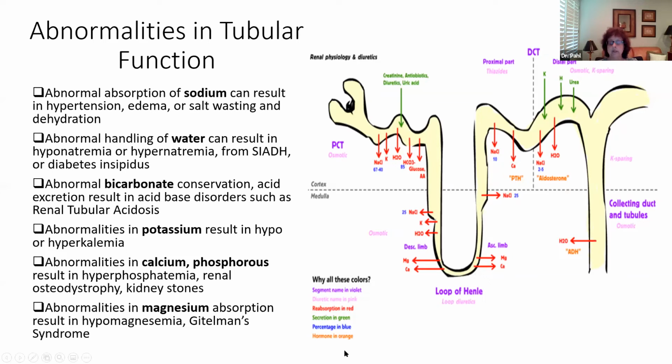And people present with low blood sodium because you're waterlogged. Kidney won't get rid of the water. So the easiest treatment is to reduce water intake, which can sometimes be very uncomfortable. People are thirsty. And there are drugs, again, such as tolvaptan, that can make you excrete water and correct some